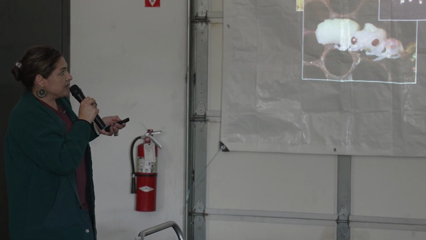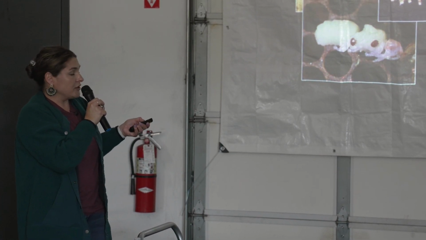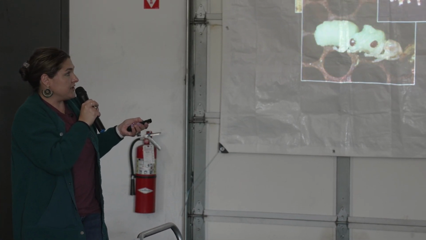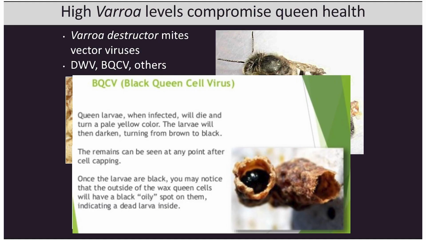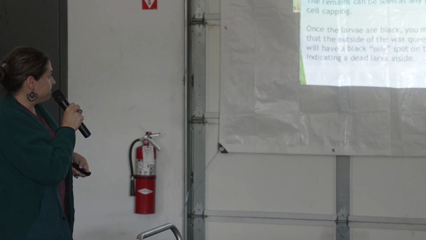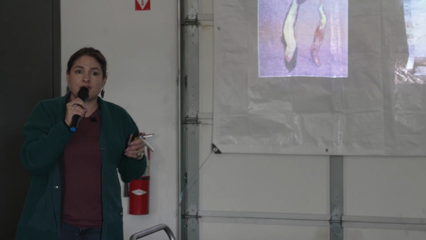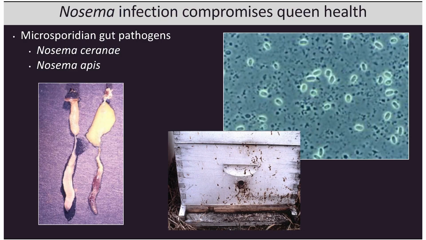They can be so sick from deformed wing virus during development that they can emerge with deformed wings, and of course these queens would not make it because they can't fly. They also get black queen cell virus, in which case they never emerge as adults because they die in the larval state. They also get Nosema, the microsporidian that causes dysentery, digestive issues,